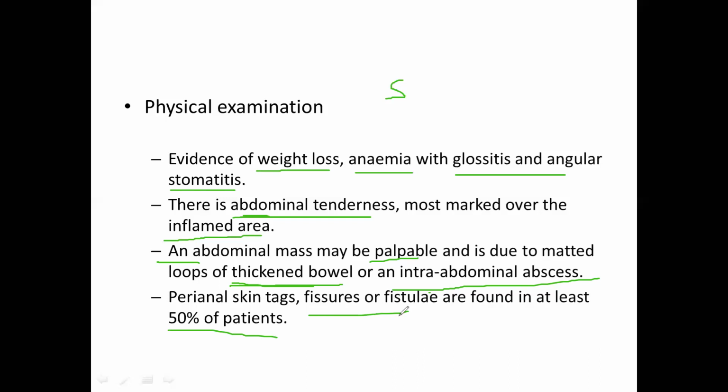So that we have already discussed in a previous lecture, the fissures and fistula, mostly the enteroenteric fistula or enterovaginal fistula. So there are various types of fistula. They are usually common in Crohn's disease. So these types of fistula are usually seen in nearly 50% of patients with Crohn's disease.